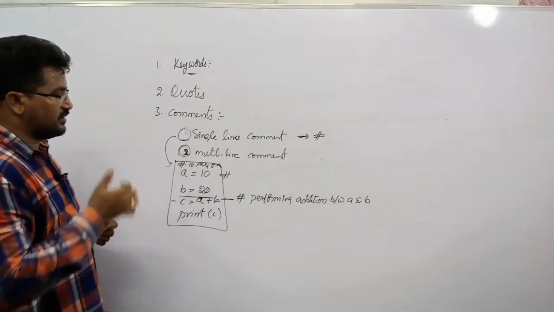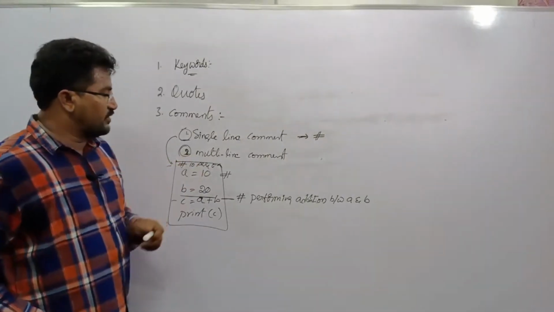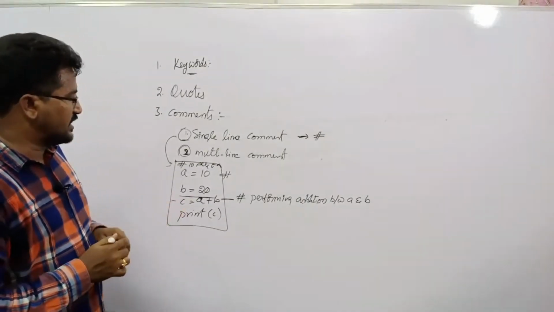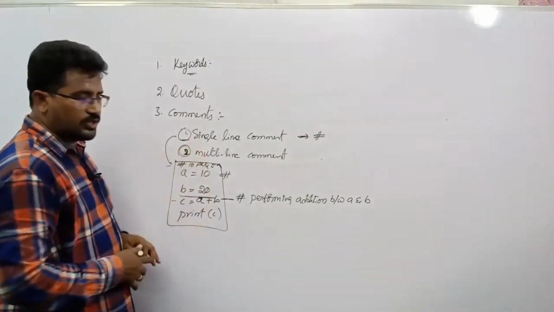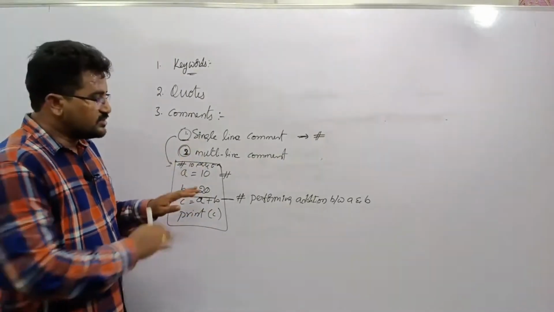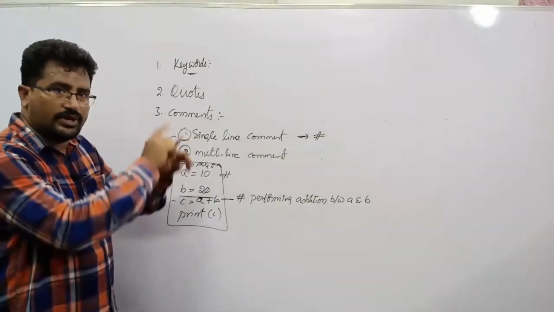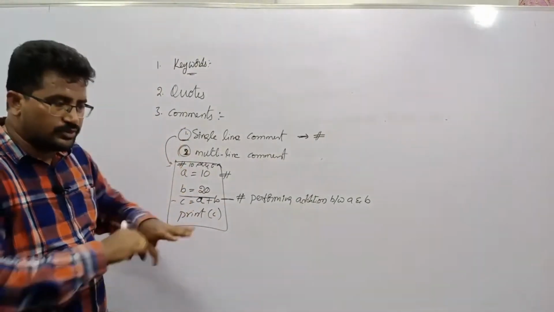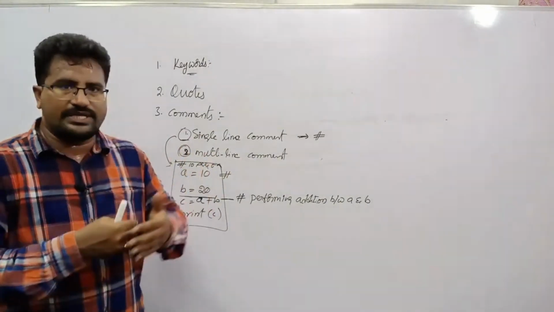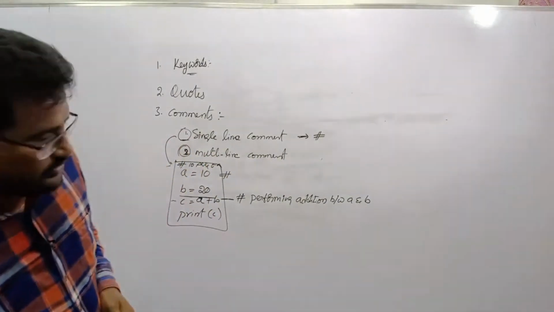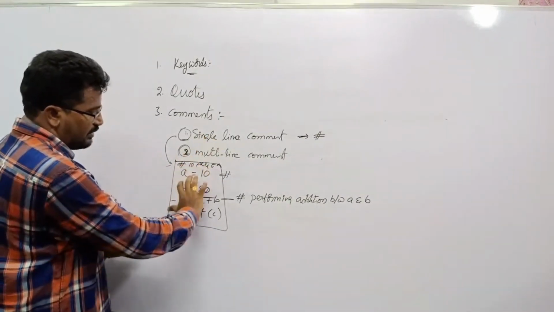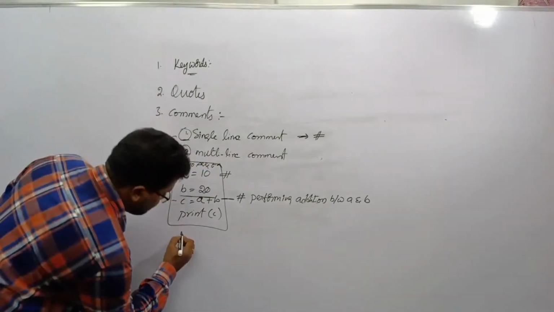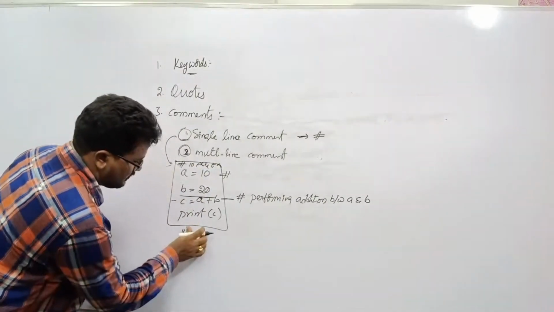Multiple line comments are useful to write comments for multiple lines. For example, observe now. It's the overall program, guys. Overall, what is happening here? I want to write it in 3, 4, 5 lines. At that time, what can we do? Above the program or below the program, for example, I can write here with a triple quote starting.